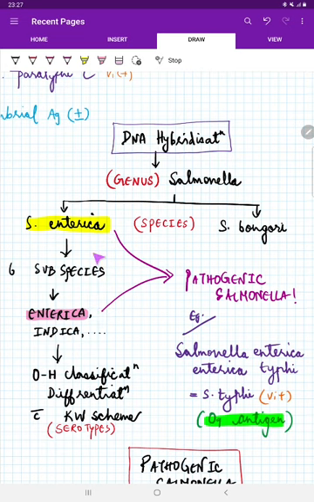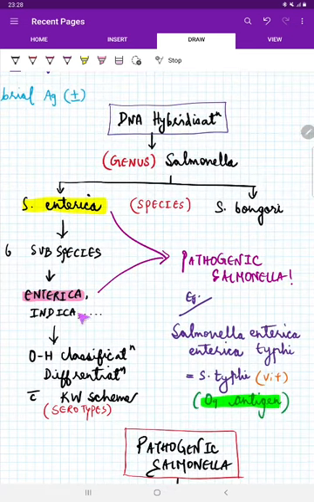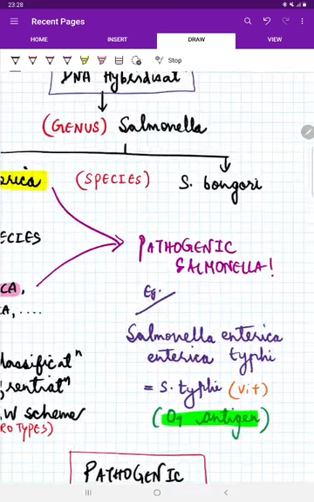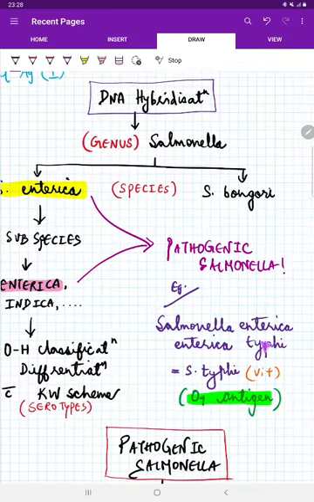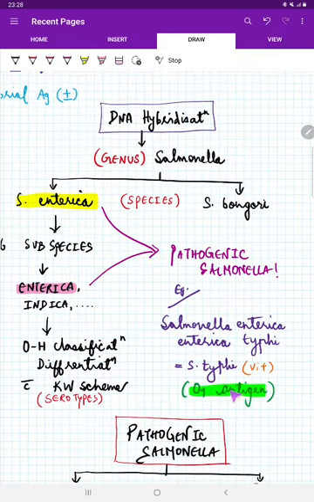Why should we know about this classification? This is where we encounter the bacteria which is clinically manifesting and affects humans. All the pathogenic Salmonella are grouped under the enterica species only. Further, the subspecies are classified into serotypes by the Kaufmann-White scheme, which we have already seen above. If you remember Salmonella typhi, it is basically Salmonella enterica, enterica typhi. So Salmonella is a genus, enterica is a species, enterica is a subspecies, and typhi is a serotype. The serotype of this Salmonella typhi is O9, so it has the O9 antigen.